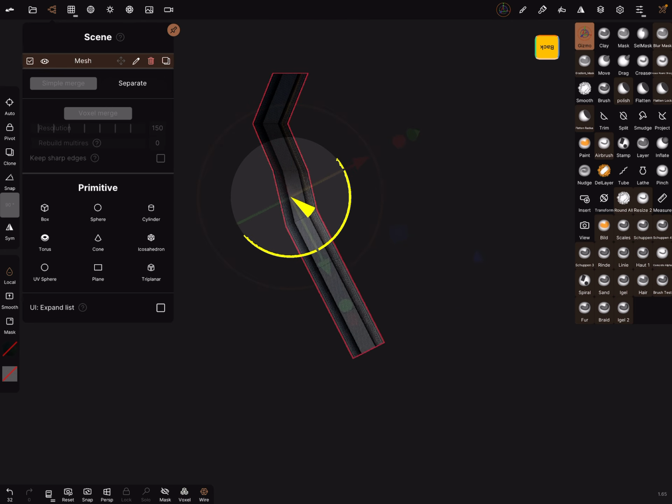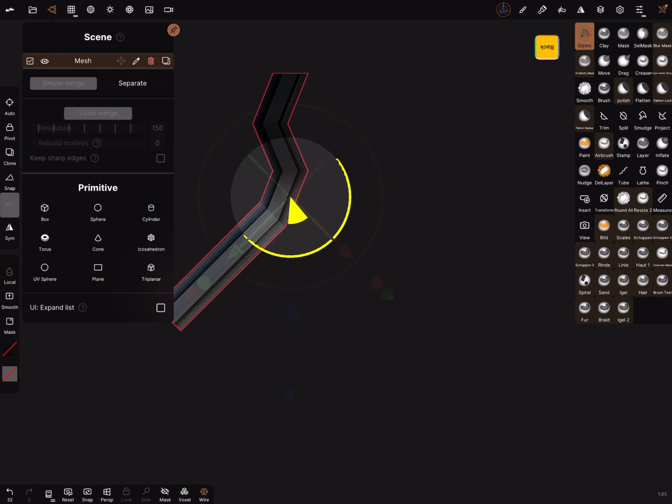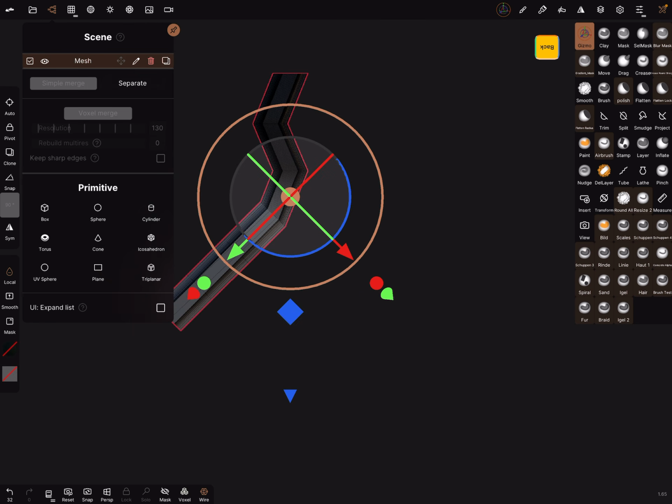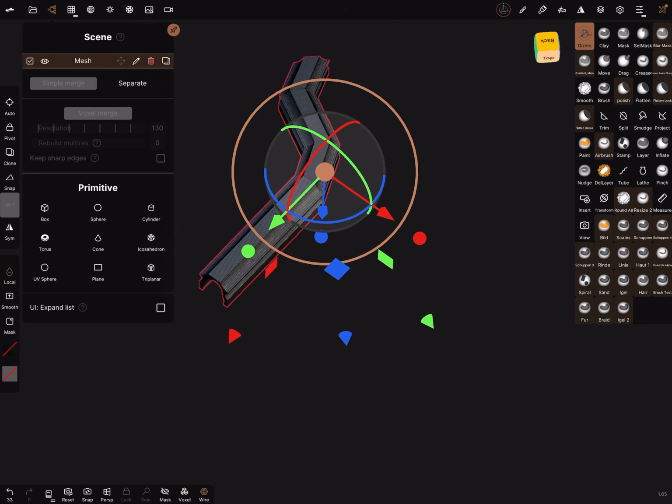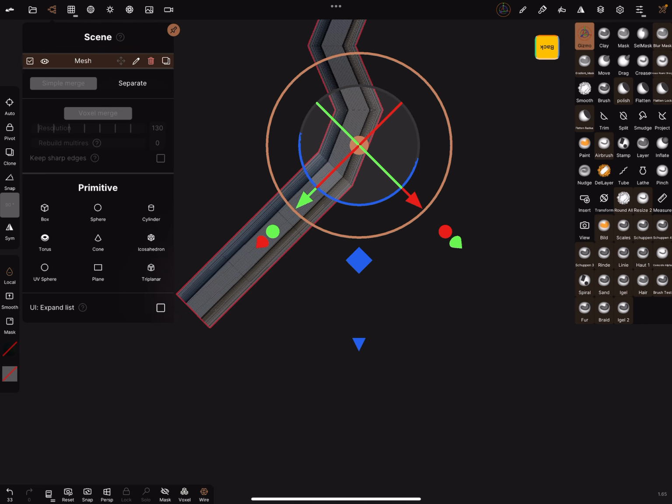Now you can also rotate the object like this. And when you're fine, you can hold the mask button and swipe. And so you can adjust every segment of the part.